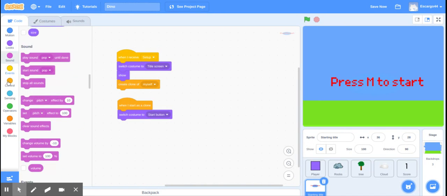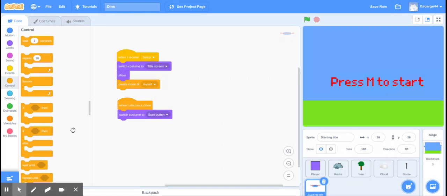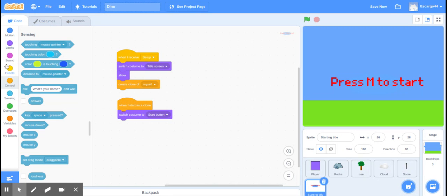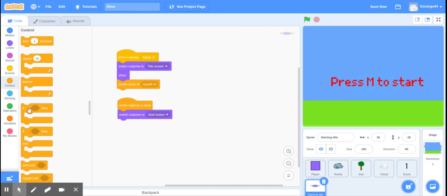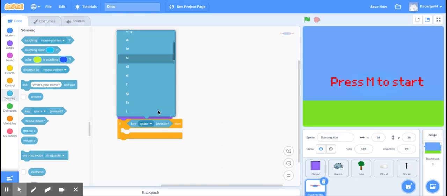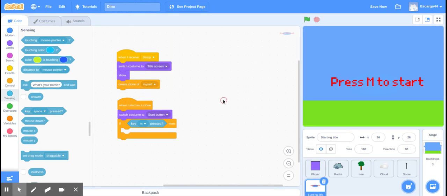And then we do this if key pressed, but first we have to do if. So let's go to control. Let's go if sensing. Where is it? Key is pressed. If. Let's go down. M key is pressed. Then